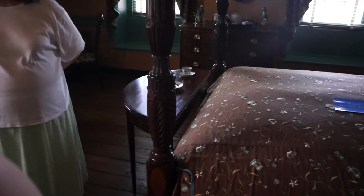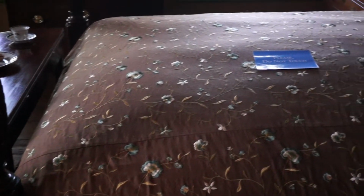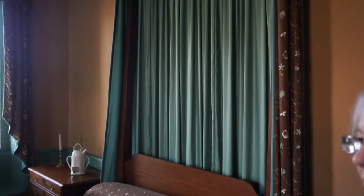Of course, it is dressed for winter. If it were dressed for summer, it would have light hangings on it. The headboard might be removed and the bed even moved to the center of the room, because we'll do whatever it takes to catch a breeze. Whatever it takes. The linen or clothes press between the windows is another great example of late 18th century Charleston cabinetry. We have beautiful mahogany with wonderful